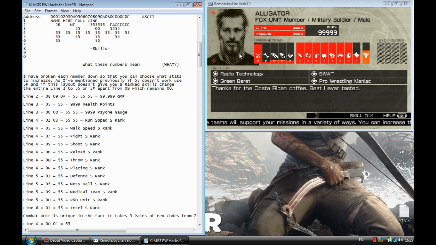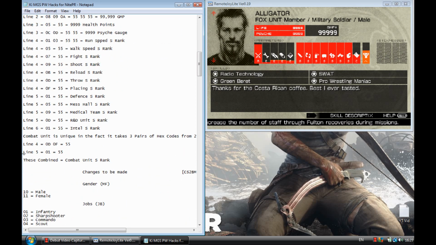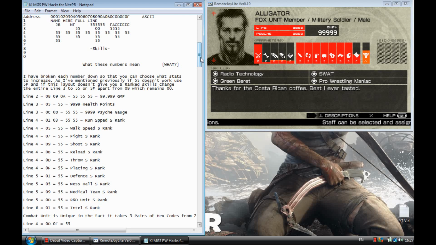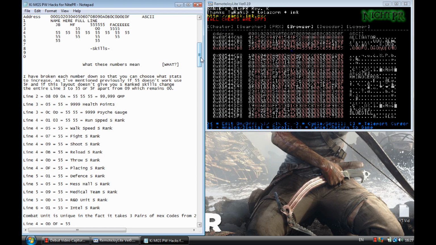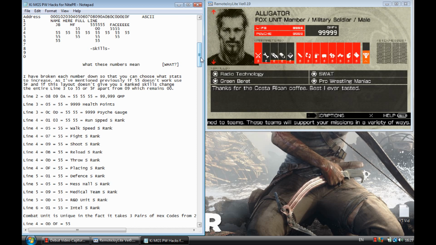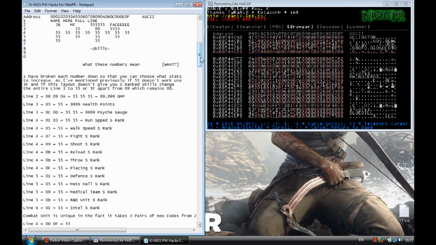Notice that his combat skill has only gone up to rank A. Combat is the only one that's affected by two different lines, which is basically explained down here. Line 4 0D and 0F to 55 and line 5 01 to 55 will put his combat up. So if I go down to line 5, 01 and put that to 55, you'll notice now that his combat's on S rank. And so is something else, but that's beside the point. So if we just go back and finish off these,